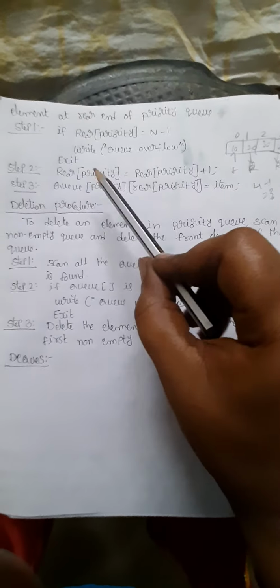So we can insert the elements into the rear position of the queue. Whereas if it contains 4 elements and it is at the rear position, it will check 4 minus 1, and the element is there in the third position, so the queue is overflow. Otherwise, rear of priority equals rear of priority plus 1. Before, I said I have inserted only 2 elements, this is the rear. Rear of priority equals rear of priority plus 1. Here I have taken only a linear queue.